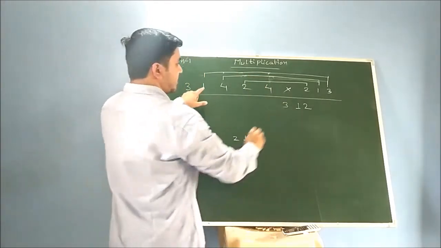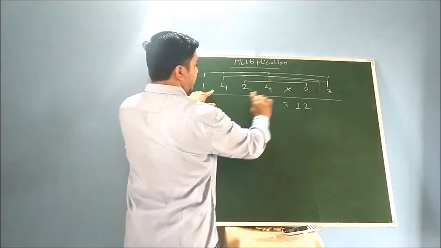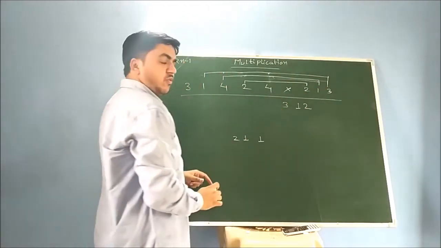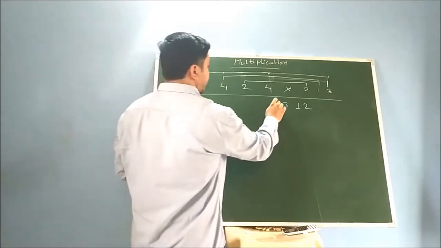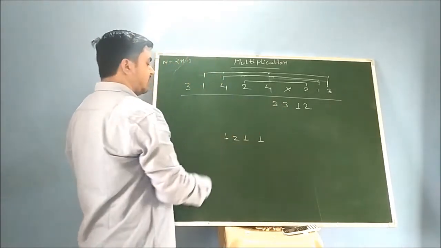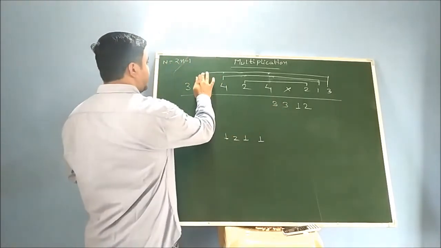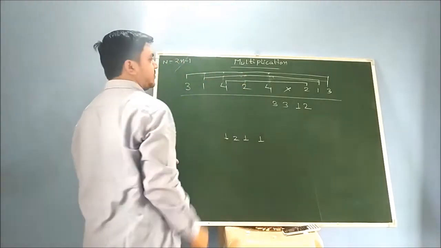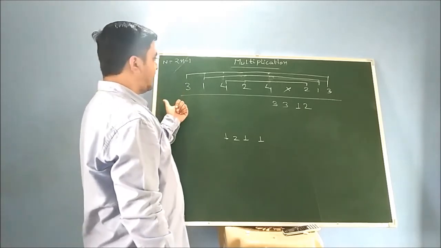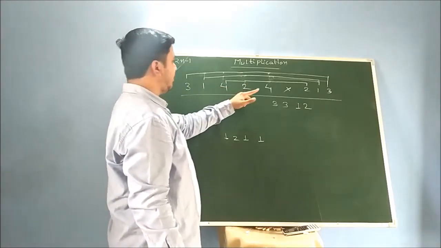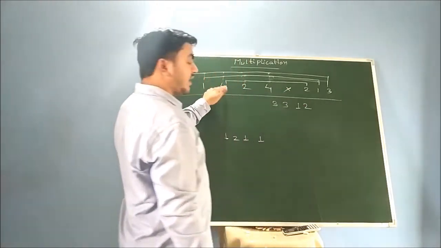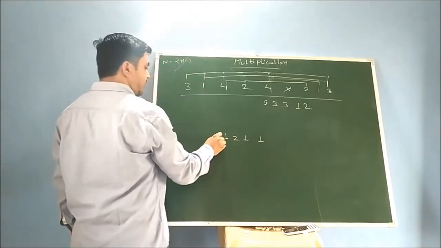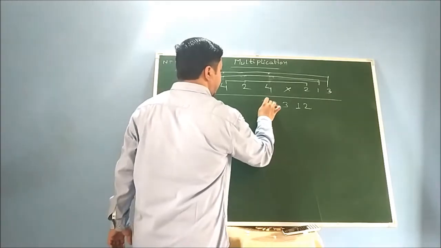Okay, so 3 into 1 is 3, 4 into 1 is 4, 7, and 2 into 2 is again 4, that is 11 plus 2, that is 13, 3. Balance is again 1. Next step, increase this one, and last increase this one also. So 3 into 3 is 9 plus 1 is 10, and 2 into 4 is 8, total is 18 plus 1 is 19, and 1 is here. So this is 99.